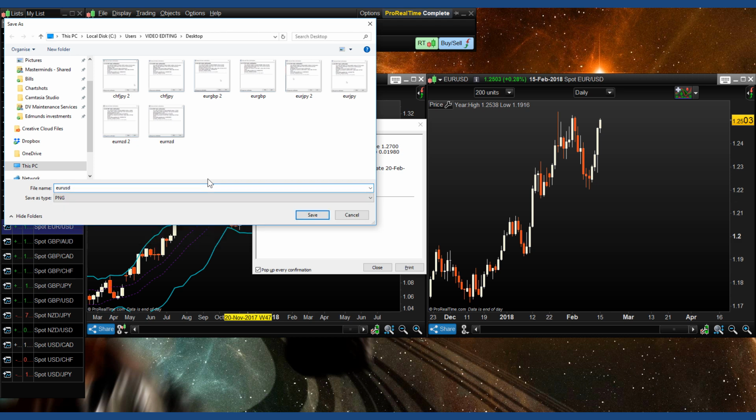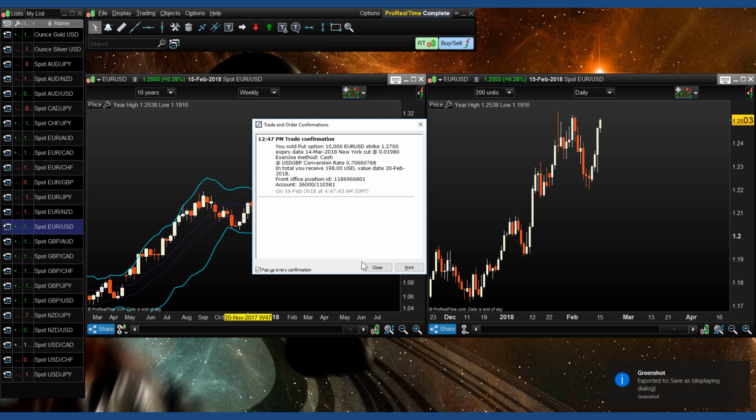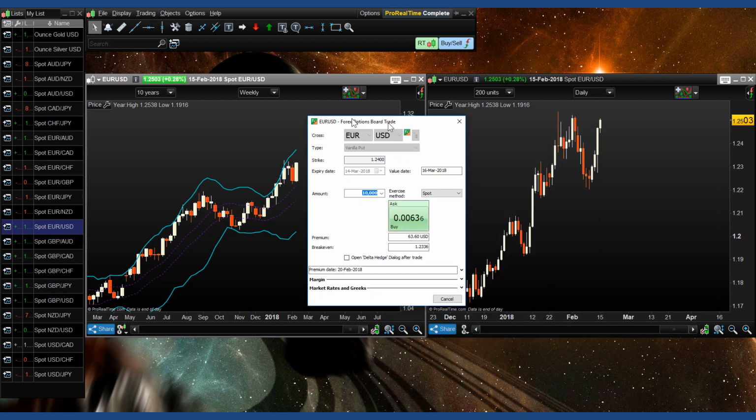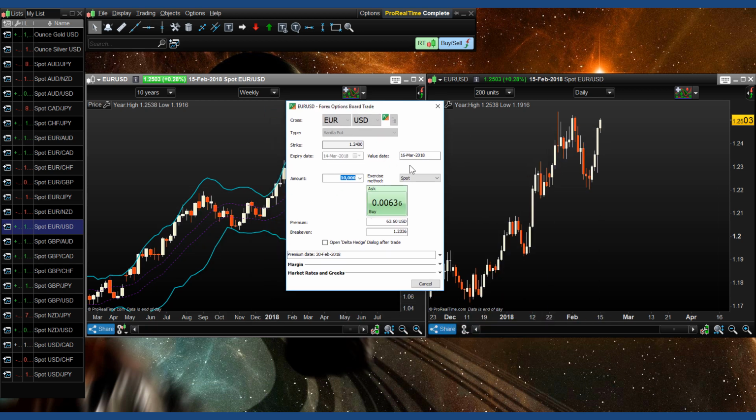Euro USD. Need to buy it back at 124. So 124 put, cash. This is basically the stop loss of the position. If you are selling as an options trader, whatever you sell, at some point you have to cover that. Now, in all of the trades that I placed before this, I haven't put in the stop loss